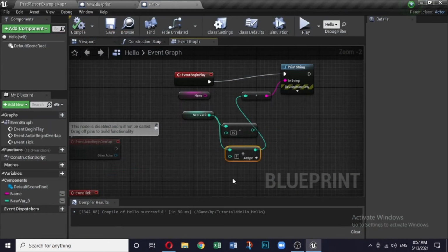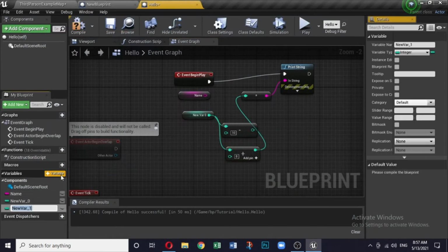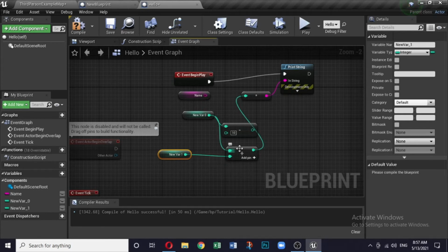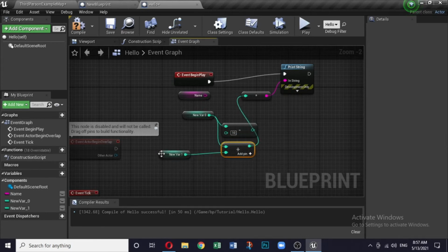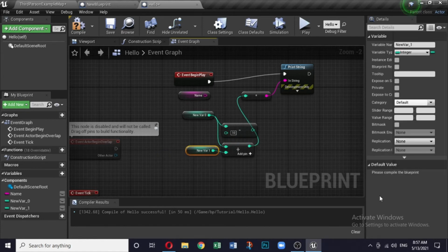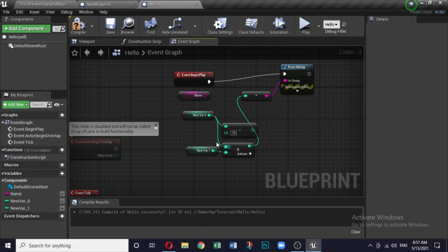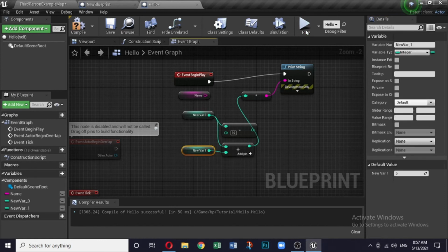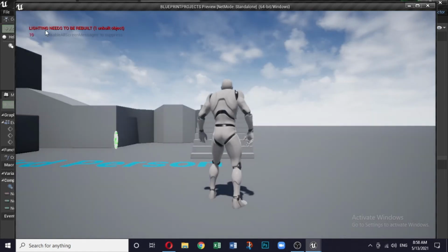Now we can add another variable out here. So another variable. So this is a new variable. This is the integer, get new variable, and you can connect out here. So you can put some value to this also, but again, to put some value you need to compile it again. Say you make it 5. Now 5 plus 5 becomes 10. Let's see how does it come. Here it is 10.